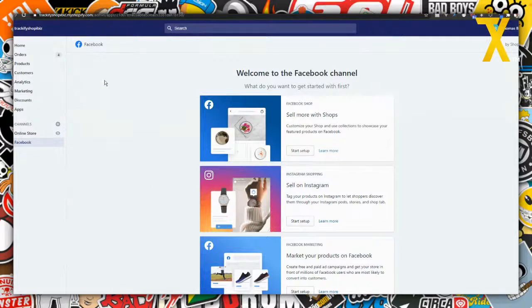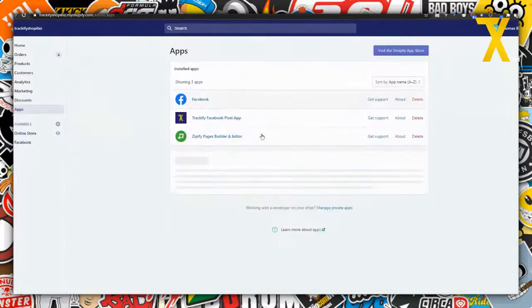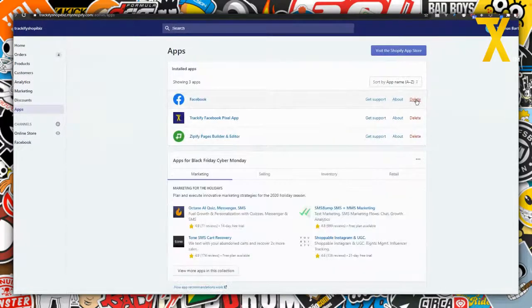All right, so that's how that part works. So if you don't want to use these sales channels, if you don't want to set them up, then you can also just simply completely remove this app and delete it here from your apps page. If you simply delete it, the pixel also gets removed from Shopify, and then you're good to go. So those are kind of your options, and that's the purpose of this thing.